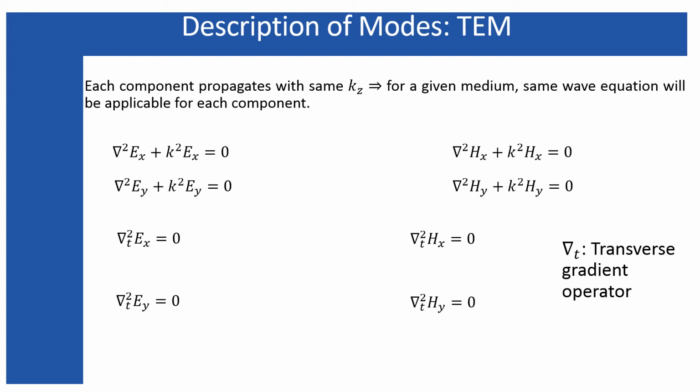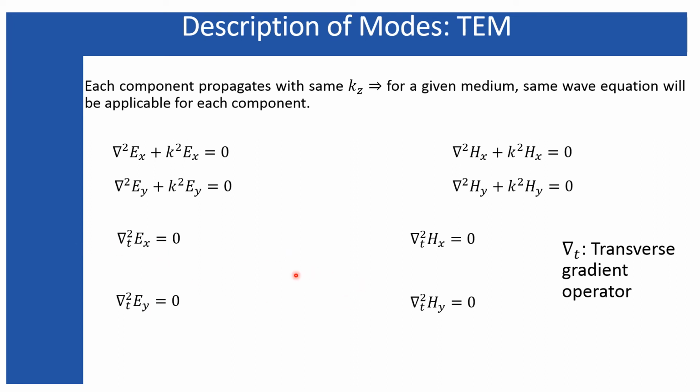That equation can further be written in terms of the transverse gradient operator, because as you see in my last slide, this k square term gets cancelled due to these kz terms, which appear from the operation of this del square over the z-dependent factor, leaving only the transverse gradient operator operating over this Ex, Ey, Hx and Hy equals 0. Now what are these equations?